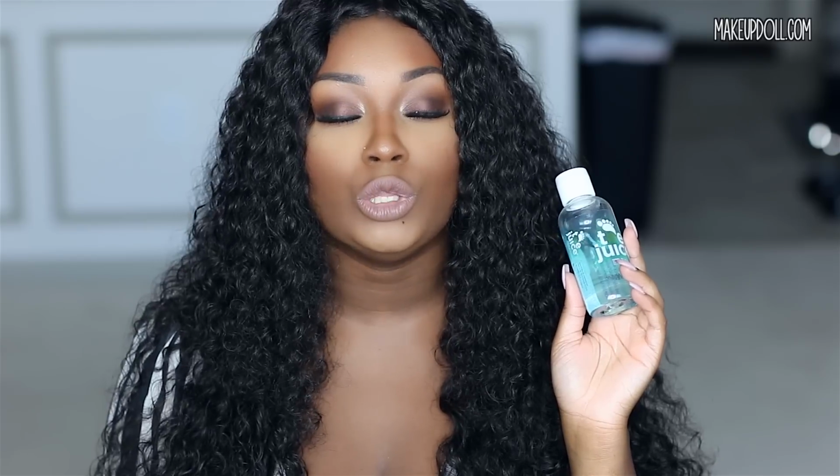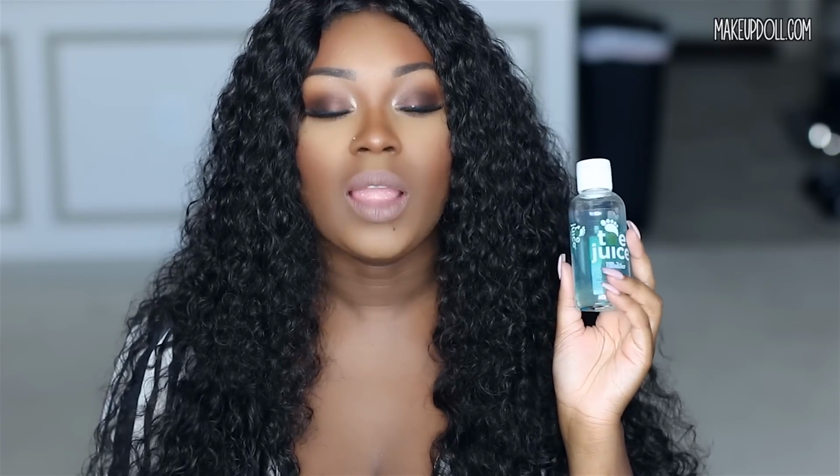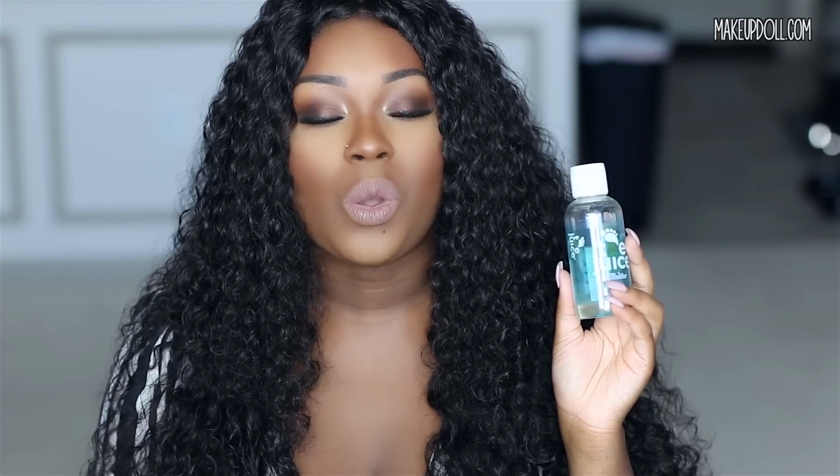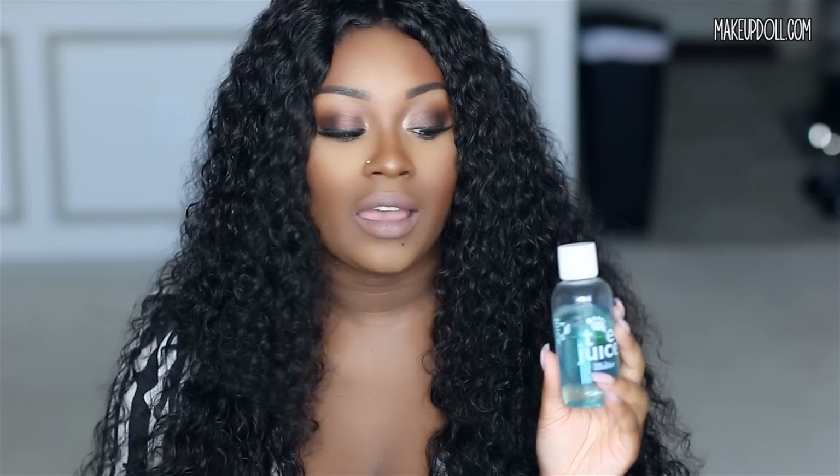Now, one thing I will say about Toe Juice is that it is very strong. And this is what I needed to purge my skin, because I had those little bitty bumps. After I washed my face, it was like there was oil stuck underneath my skin. So I needed to break that up, and this did it for me. So I've been loving this toner. I've been using it every day because I do not want that coming back to my skin,